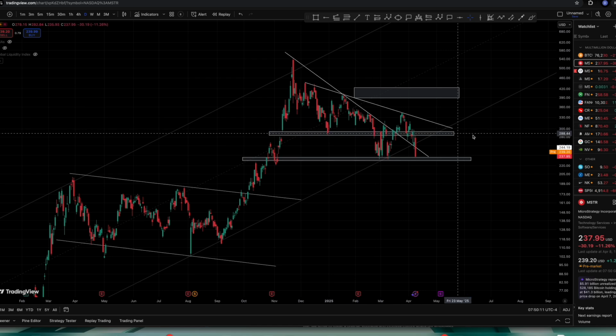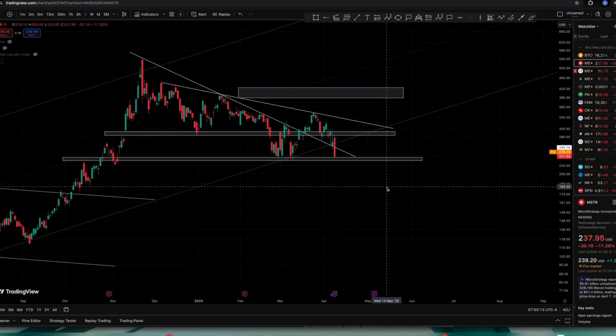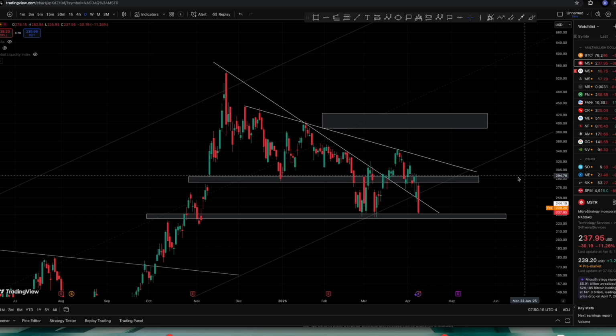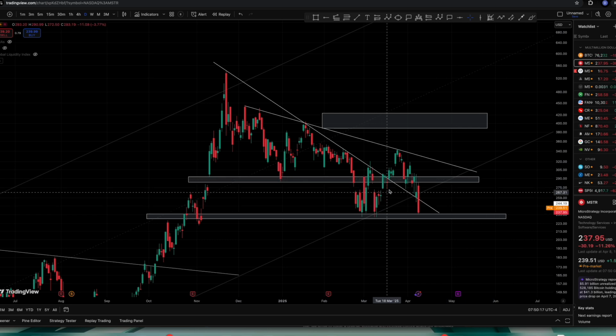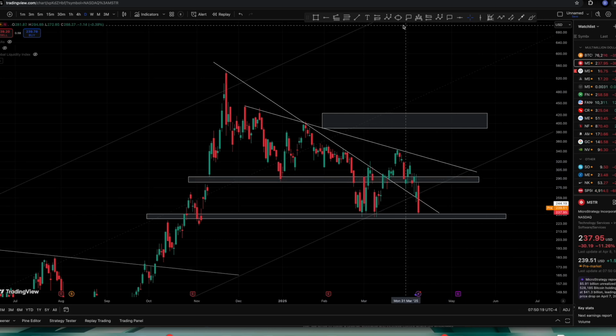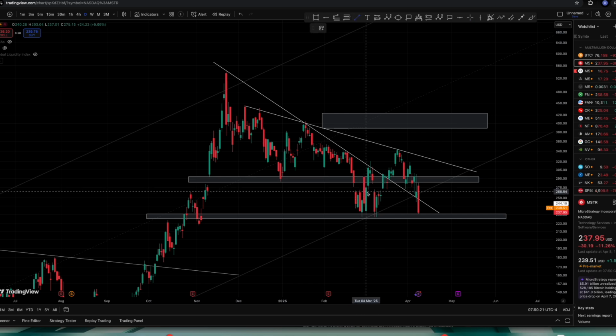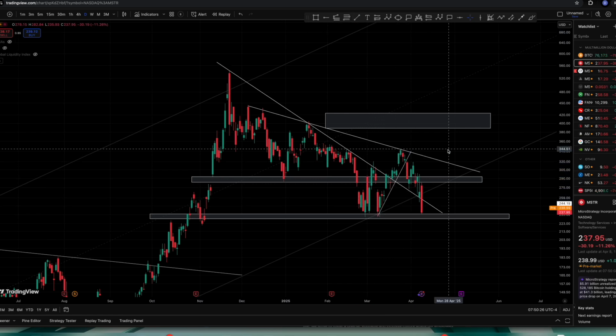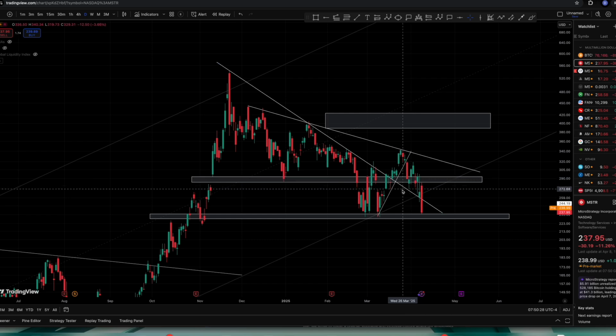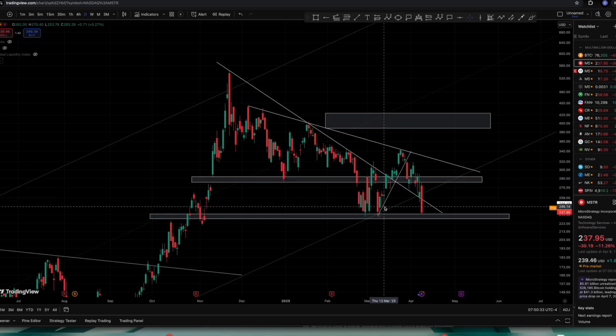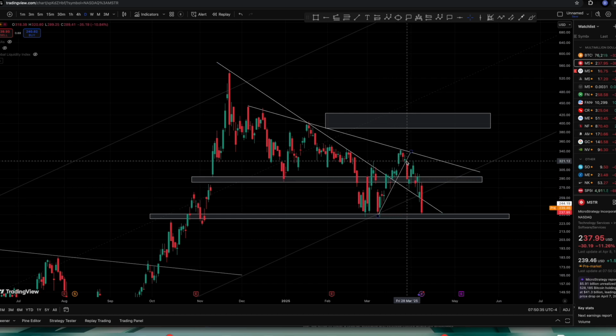So things have been extremely bearish. All the bearish scenarios seem to be playing out. It was starting to look extremely good. We were definitely very bullish on this move here, but then we started to switch a little bearish once we broke this level. So we were wondering if this was just a retest of this, but it was a retest